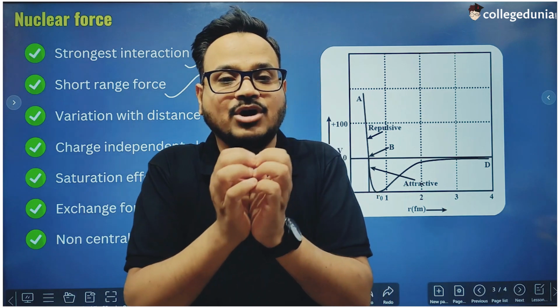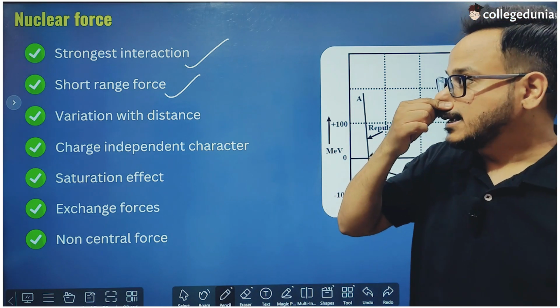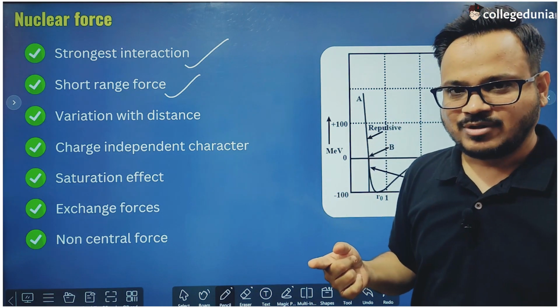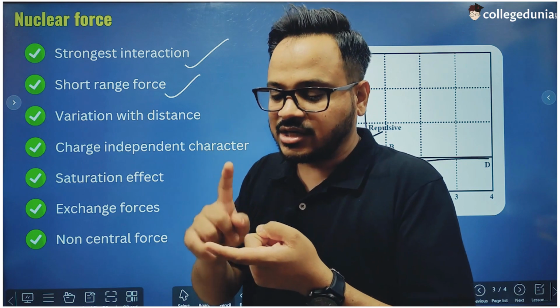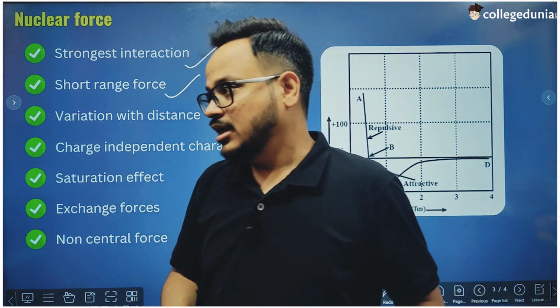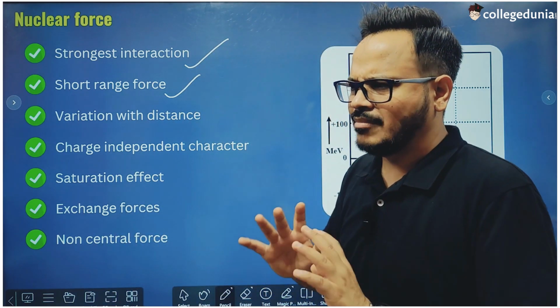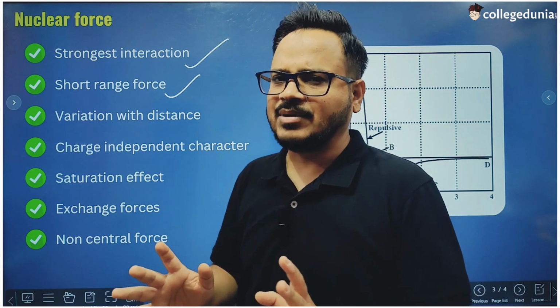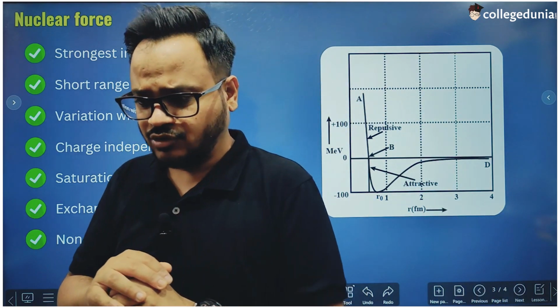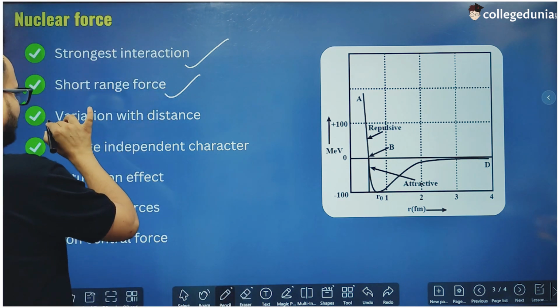So they will come closer, because now we don't have to apply any energy, because the nuclear force is an attractive force. It attracts protons and protons, it attracts neutrons and protons, it attracts neutrons and neutrons. So it is an attractive force, right? At the distance of 1 femtometer or 2 femtometer or maximum 3 femtometer. If the distance between the particles is more than 3 femtometer, this force just vanishes and the electrostatic force appears. So the protons will start repelling each other again. So it is a short range force, right?